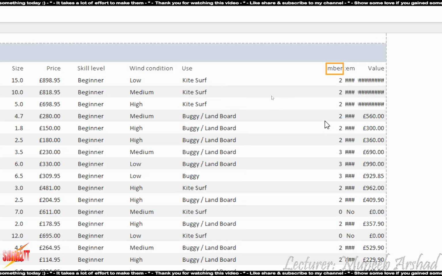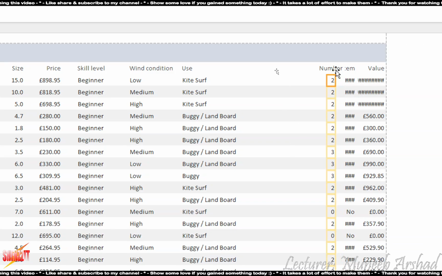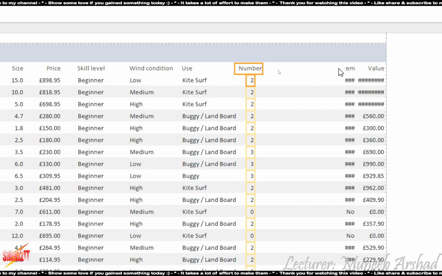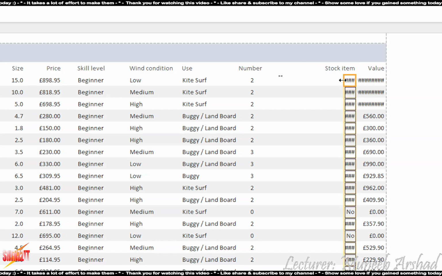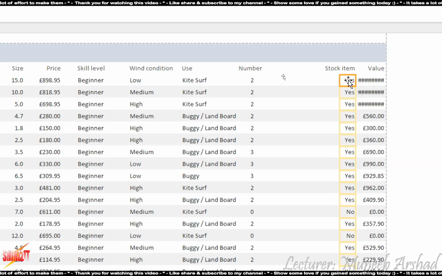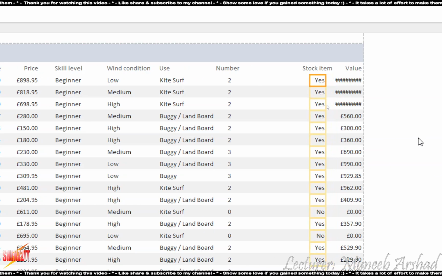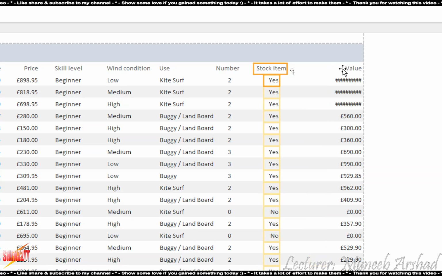Number, this is not appearing in full, so we extend this so that the field is visible. Place the numbers under the field name and then make the shift. This is probably stock item. Needs to extend this as well. Make it appear right underneath the stock item and then shift.